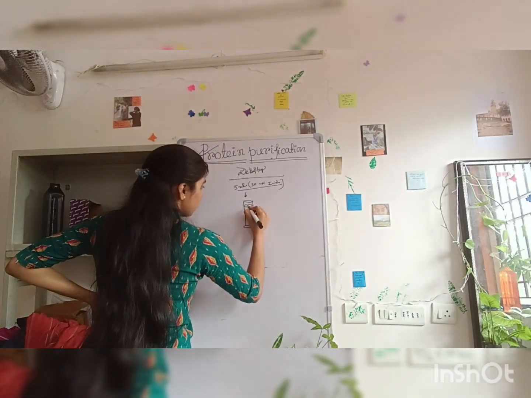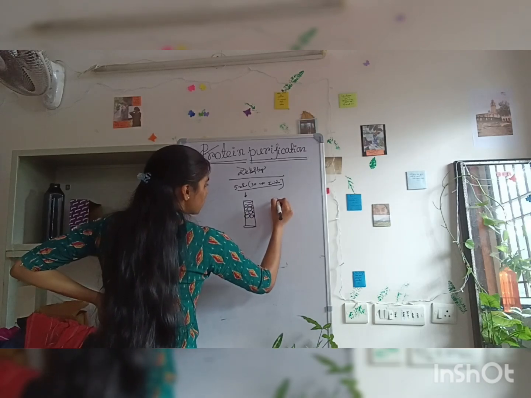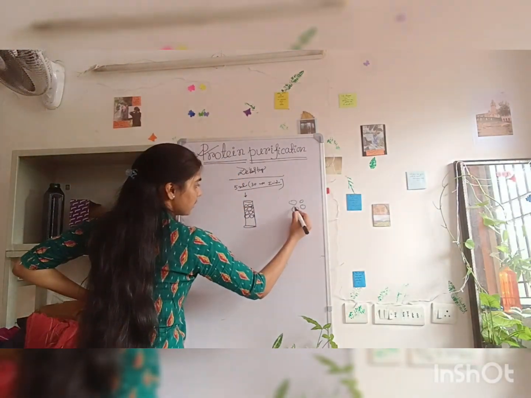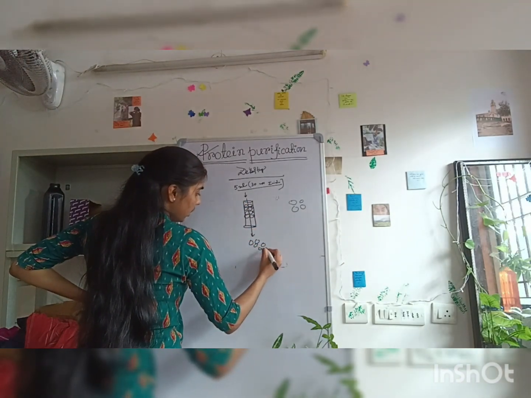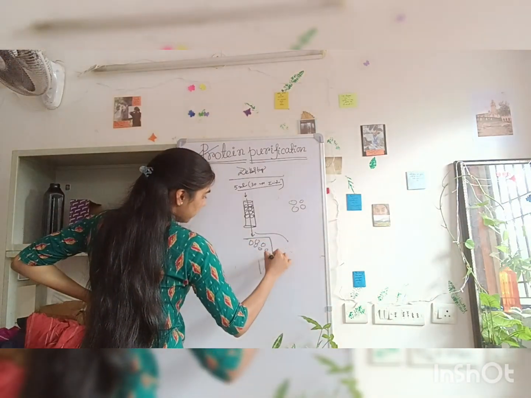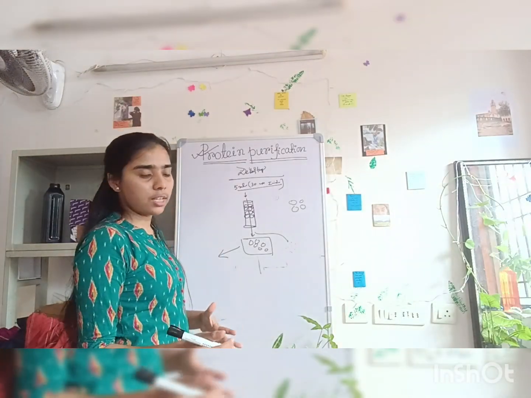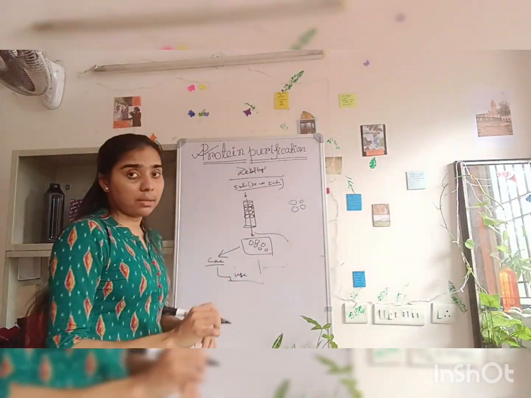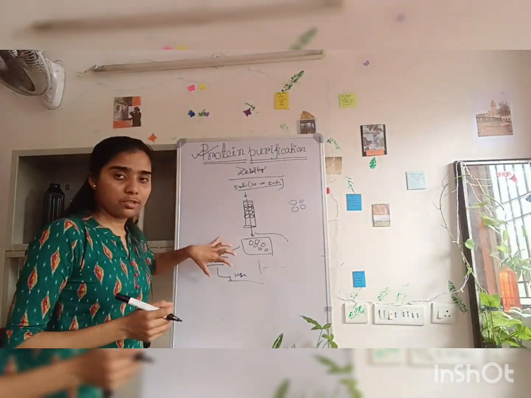There are beads. This is size exclusion chromatography, the same thing. Salt particles are very small, but your protein particles are bigger in size. So when you pass it through this column, your protein will elute first, then later the salt particles. You can collect this fraction and the imidazole will be removed from your protein sample. Now you can concentrate it and use it for any biochemical assay, from structural biology to any biochemical assay.